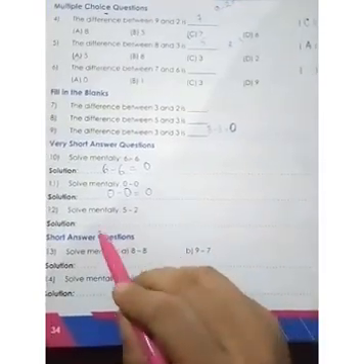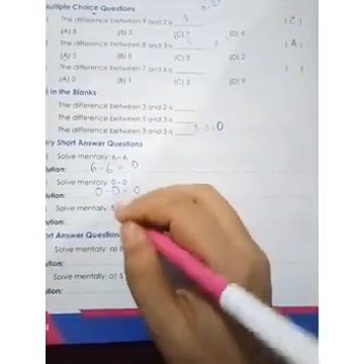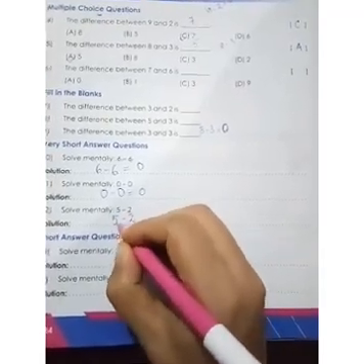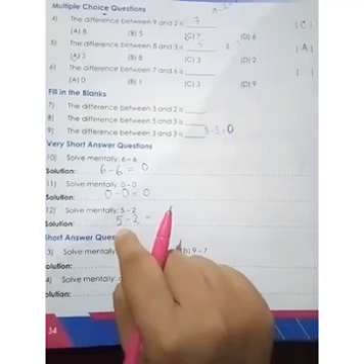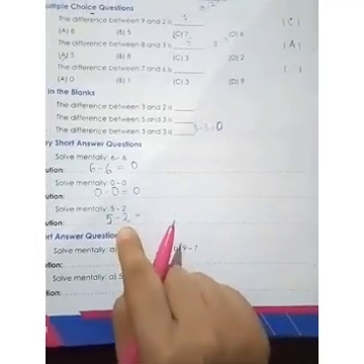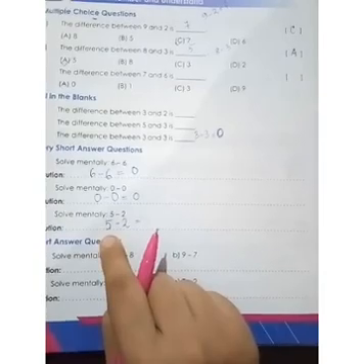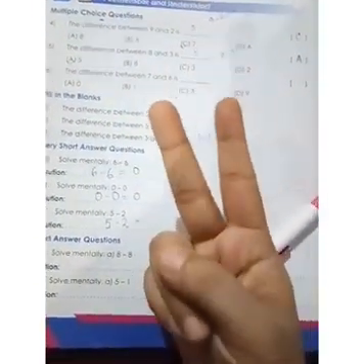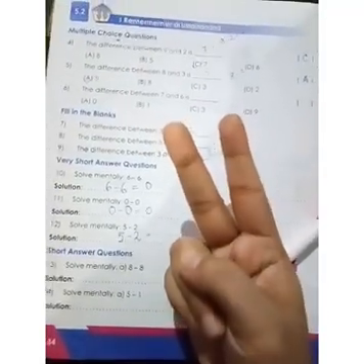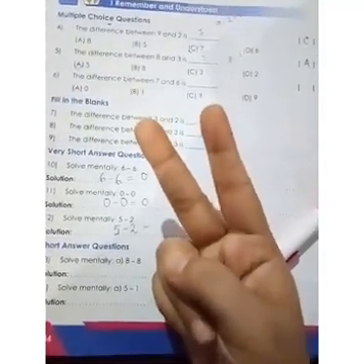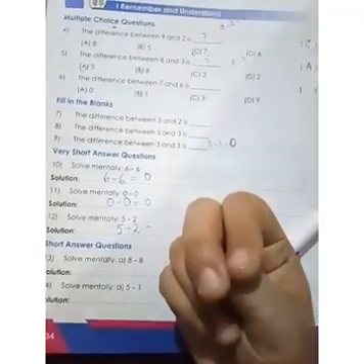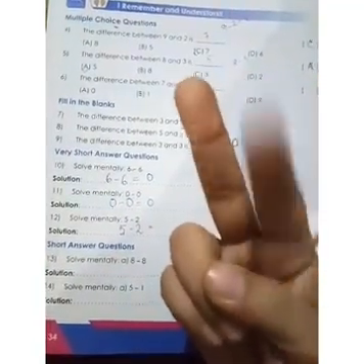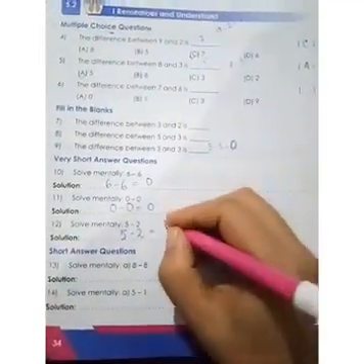The next question is solve mentally 5 minus 2. So here I will get a number. 5 minus 2 equals to how much? So the bigger number keep in the mind and smaller number in your fingers. Okay, so 5 is already in the mind and what is the smaller number? 2. Okay, so the smaller number is 2. So we have to count backwards. If you are counting backwards, so what will come? 4, 3. Okay, so what the bigger number is? 5. If you have to count backwards, then 4, 3. So the answer will be 3.